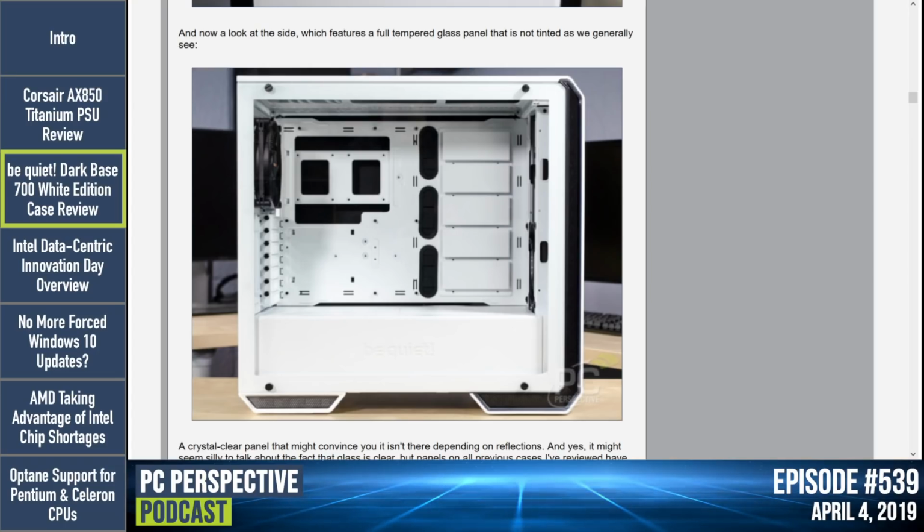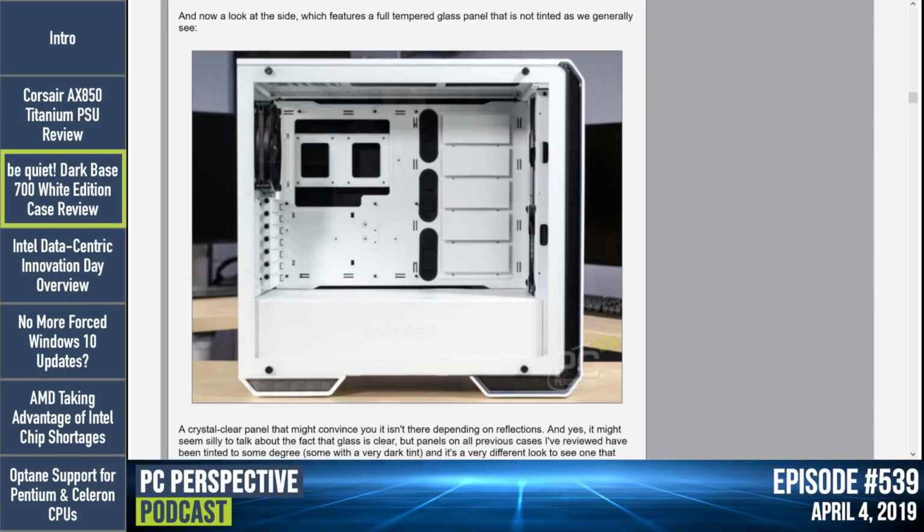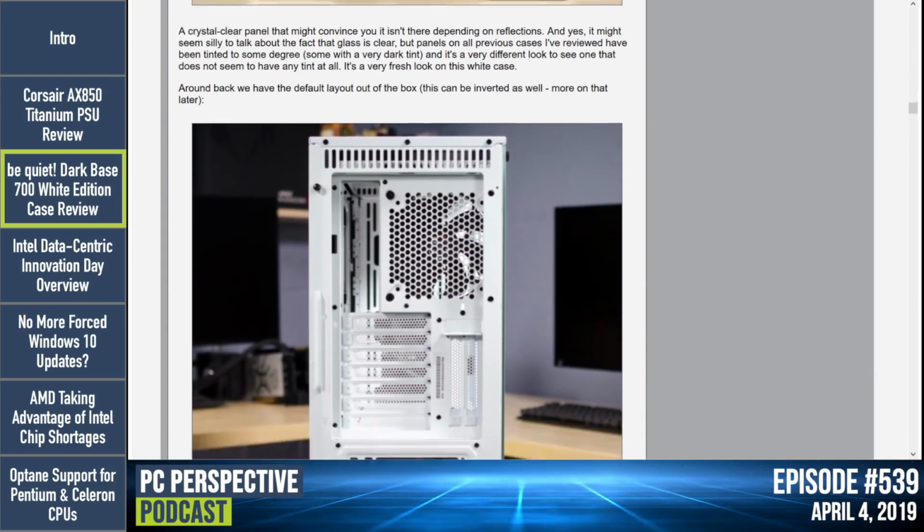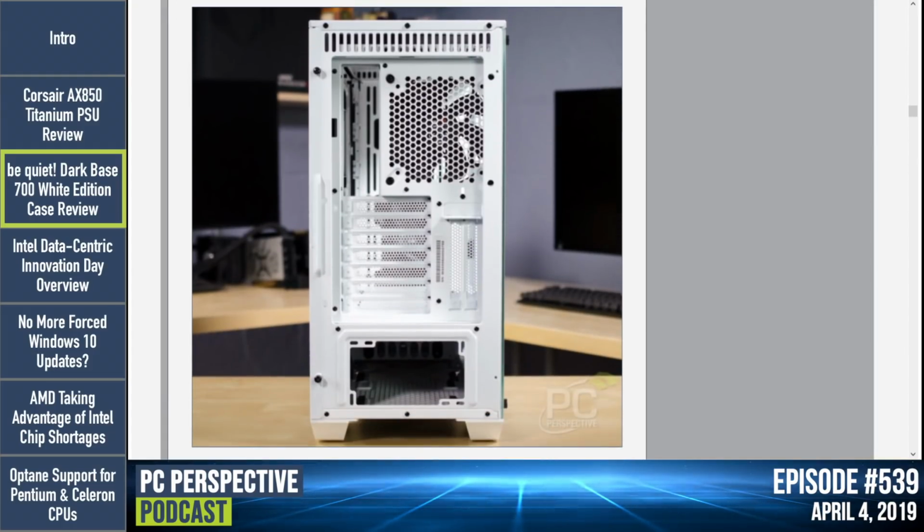So the biggest surfaces that are white that you will see are this very smooth, lightweight aluminum. The side panel, the primary side panel, is glass, but it is